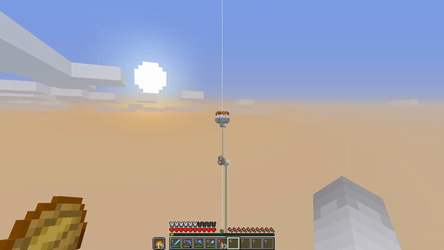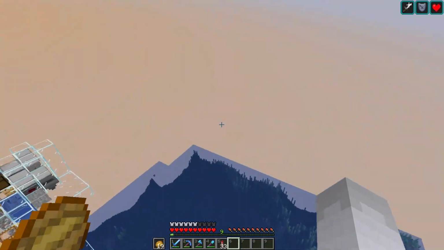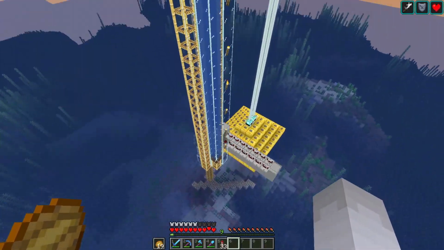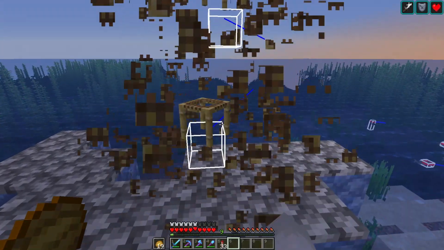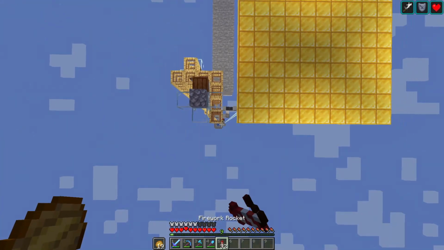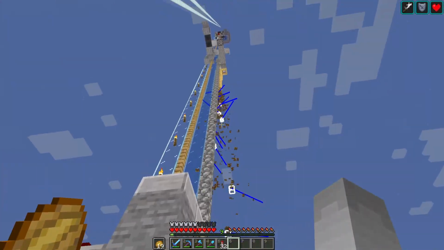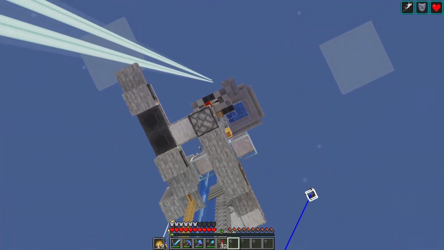Okay, so now that we're done with the build, we now have to put in the villagers in the cells. We have a few here at the top, one down here, and another one at the very bottom. Let's also break the scaffolding. Well, that didn't work. Okay, there we go. So yeah, we just need to put in a villager here, one up there, and then